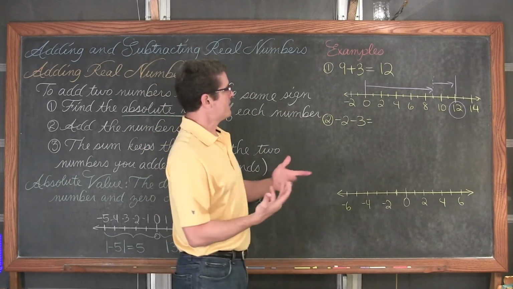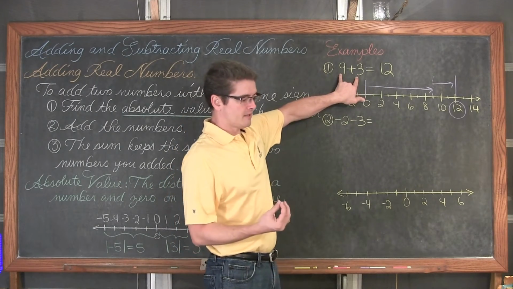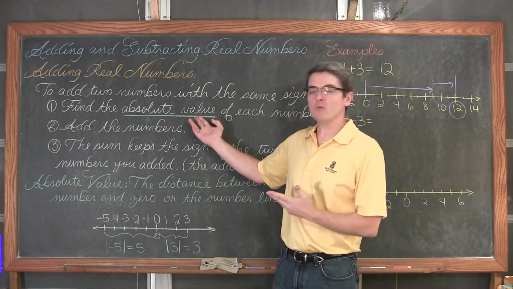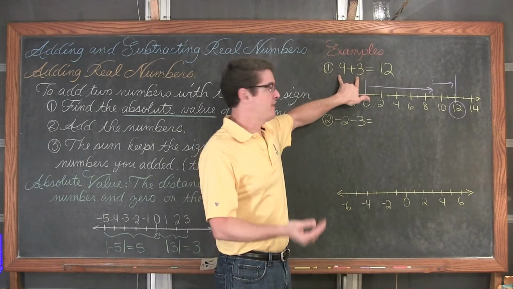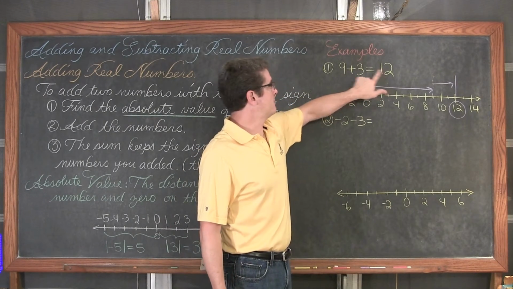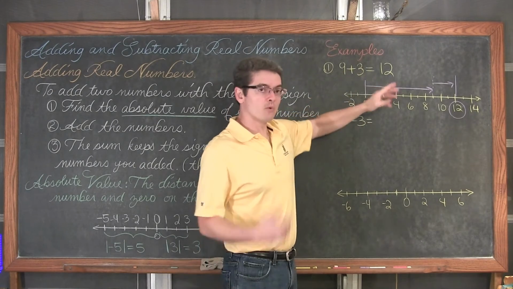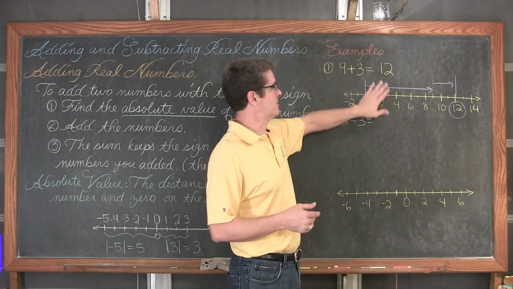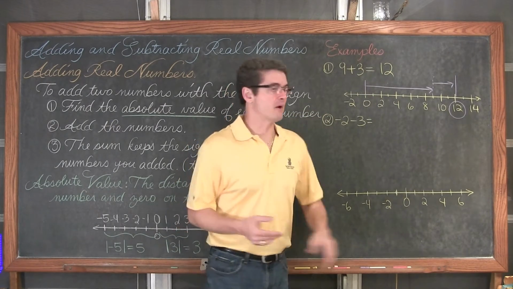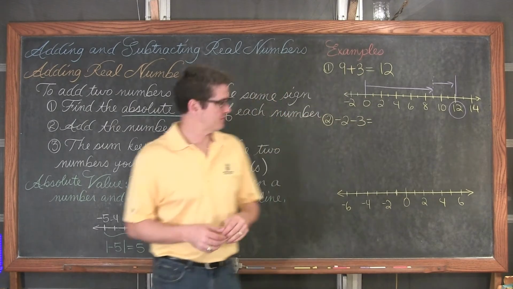So we have, in this really mathy language, absolute value. The 9 and 3 are already positive. We go ahead and add those. We get 12. And both of these numbers are positive before taking the absolute value, if you will, even though they're already positive, so I didn't show that. And the 12 stays positive because both 9 and 3 are positive.